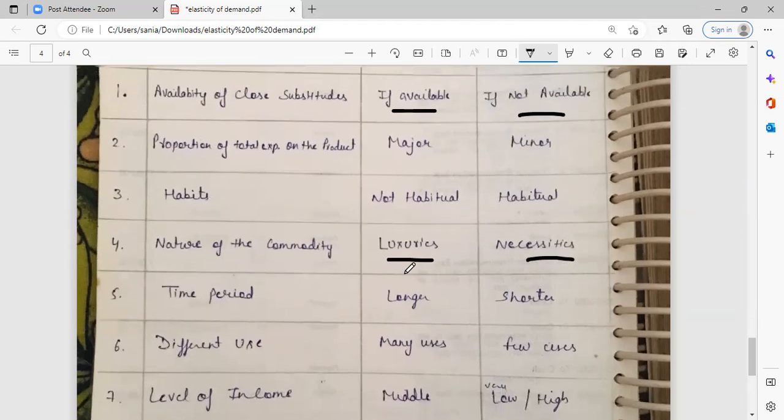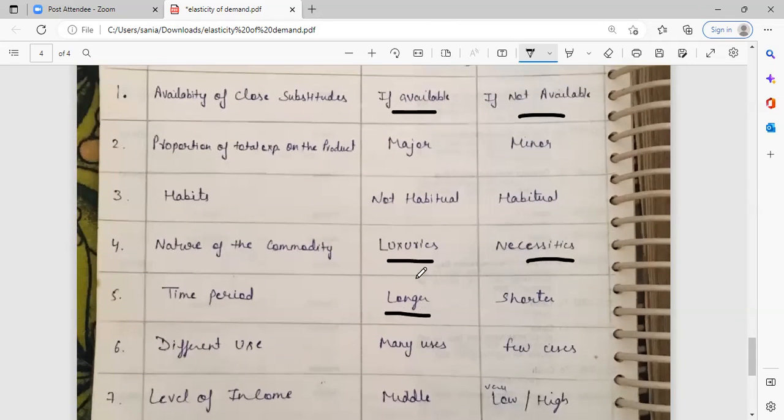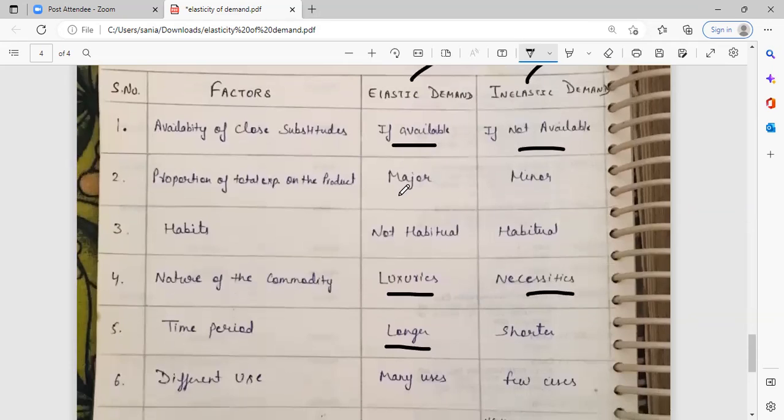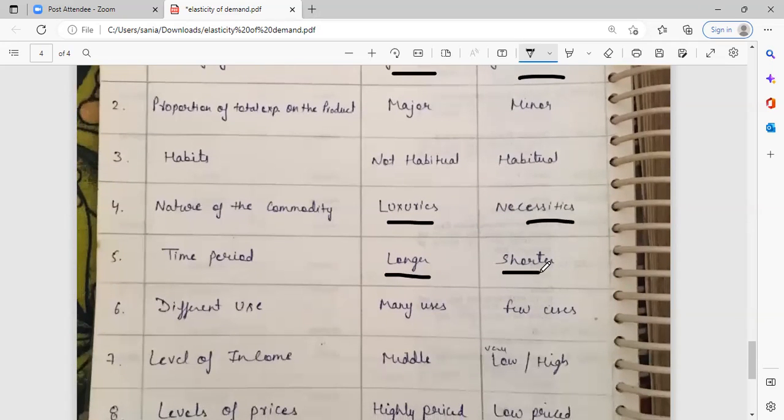Time period. If you are getting a longer time period that you have to use it, then of course you will change it. But if it is for a shorter period of time, say 1 or 2 days, like, I will be charging 100 rupees for one pen. So you will think, okay, it is for only 2 days, it's okay, you will purchase it. But if I say that for the entire 1 year, the price of this pen will be 100, you will change it, right? That okay, I will not take this pen, I will take some other pen.